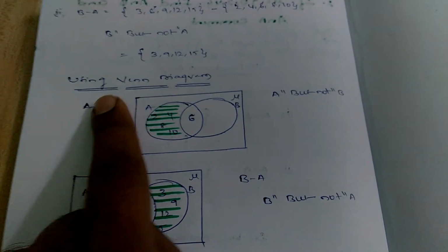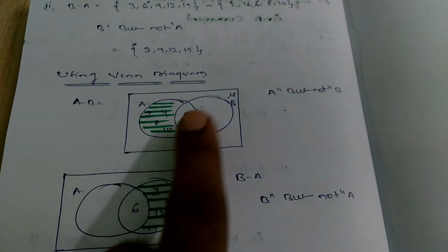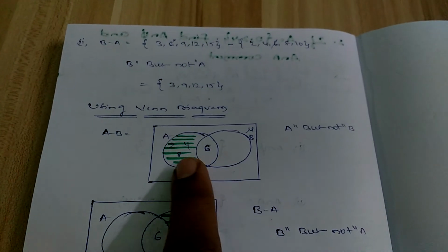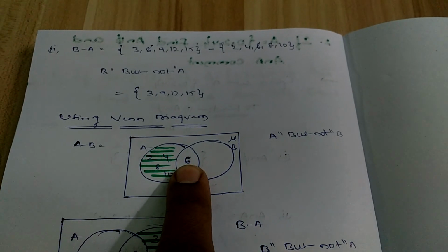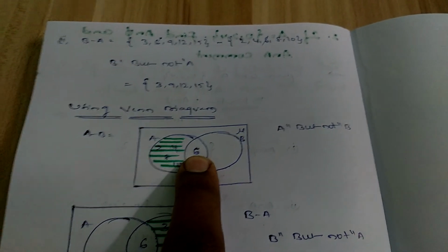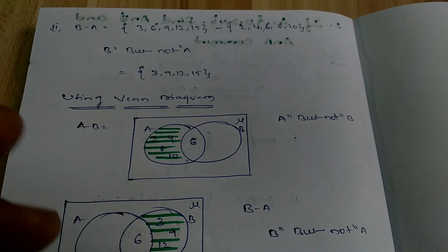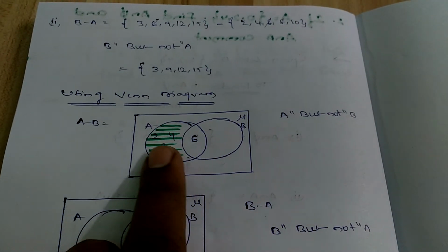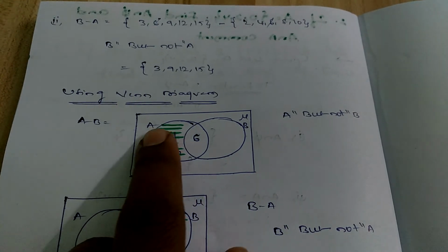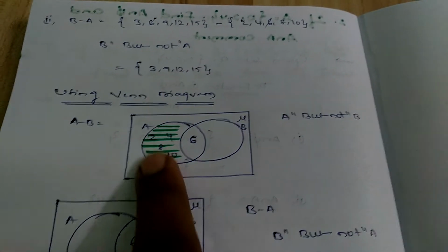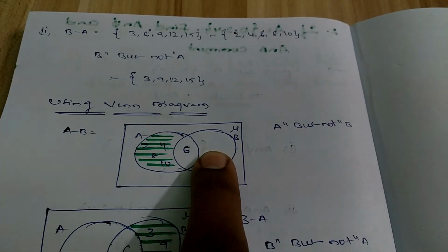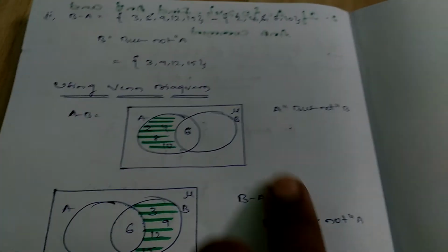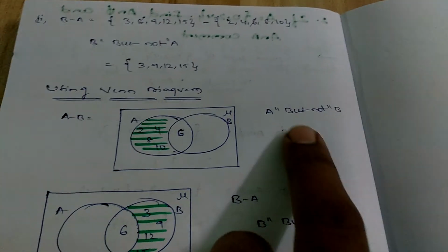So according to the Venn diagram, A minus B: take down the rectangle that indicates the universal set. Take down two sets, A and B. Okay, and here 6 is repeated. 6 is common. Now other than 6, what elements are left out in set A? 2 4 8 10. So shade only that part, because this is only the A area. We are not considering the B set, and don't write anything here. Okay, so this indicates A but not B.